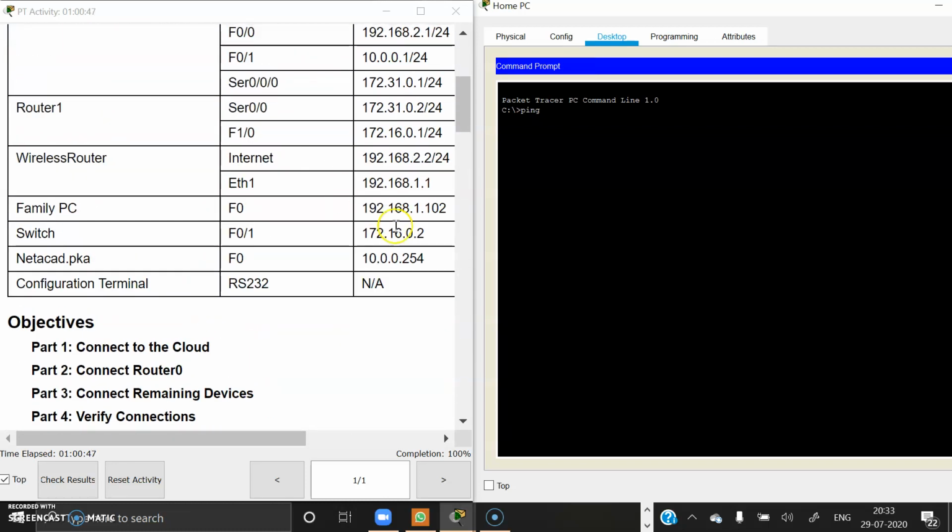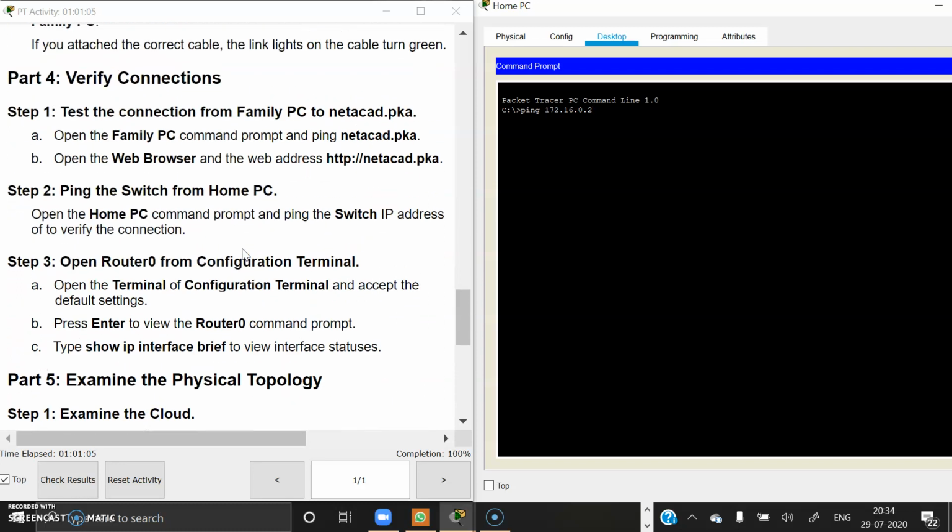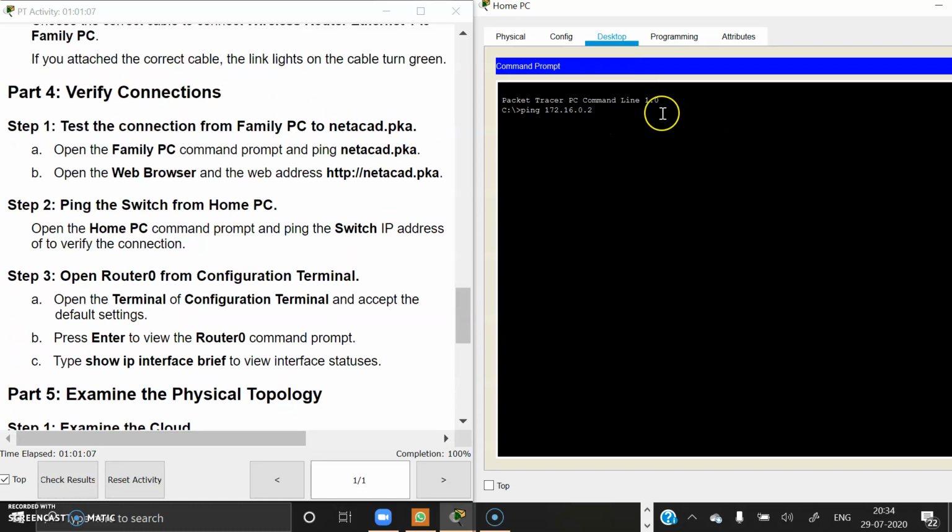So here is the IP address of the switch. Enter the IP address of that switch, 172.16.0.2. Okay. Press enter. We have to wait for some time.